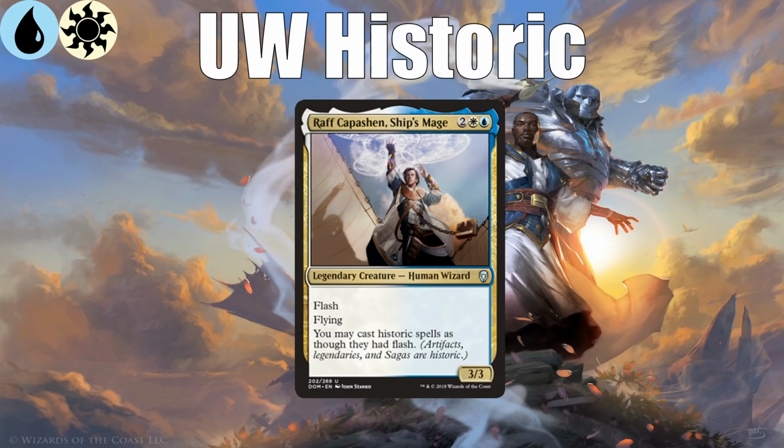And he's got awesome stats himself as a 4-mana 3/3 Flash Flying, which would already be a really good card, but he also gives all your historic spells Flash. That can be especially impactful with sagas because most of them don't normally do things at instant speed, and you can flash them in and get Chapter 1, and then on your draw step you get Chapter 2, so it sort of jump starts your sagas, which is cool,